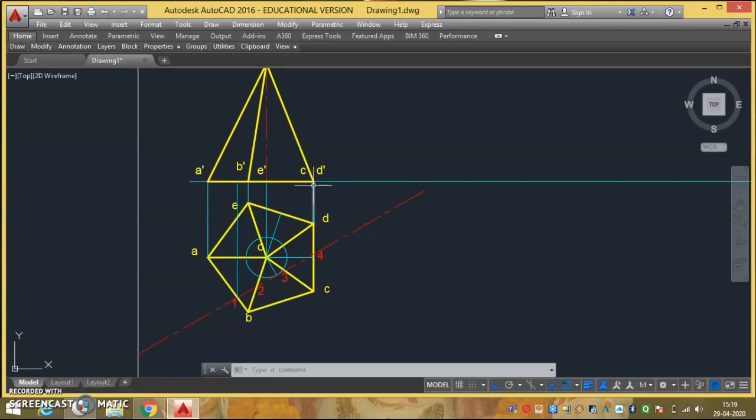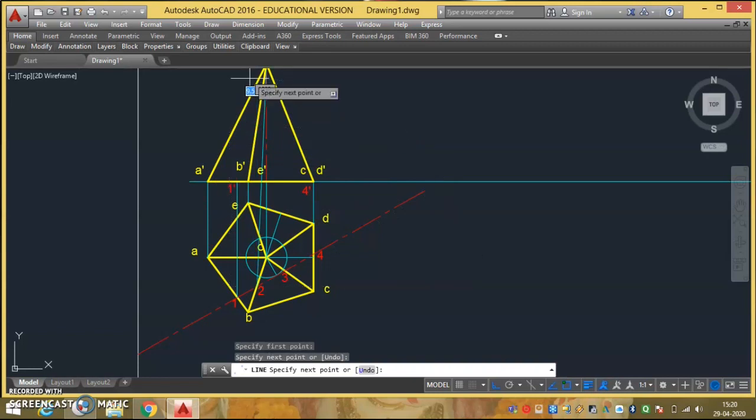Same way for 4, if I extend, I can get it here. So I can just mark those points. So here we got 1 point, and this 4, if you extend, you will get it here only. So this is your 4 dash. Now I'll get these 2 points. So I'll draw a line passing through this point number 2, and we'll take it up till it intersects